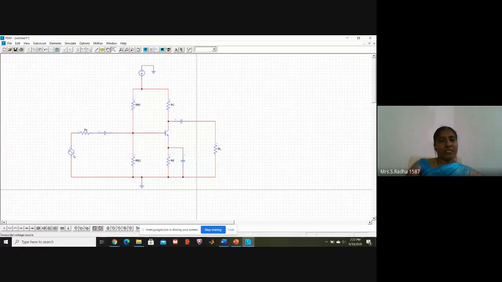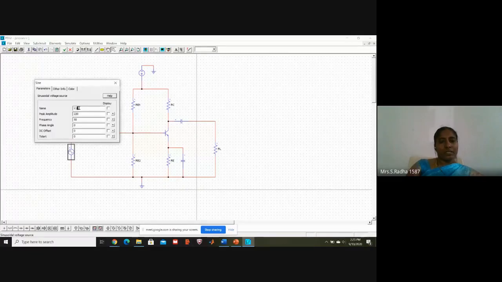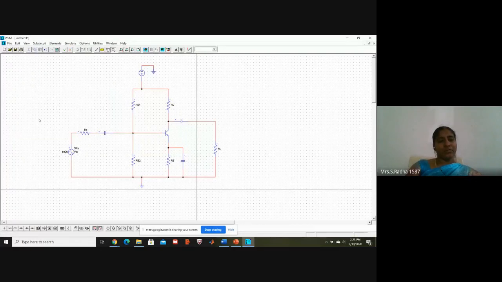Now I will go with input and output values. Double click on the source, and this is input. V in I am writing, and input should be 50 millivolts. And the frequency 1 kilohertz, so 1000 I am writing. I want the display of V in 50 millivolts and 1000 on the workspace. Just a check box. Okay, click the check box and then come out of the window.